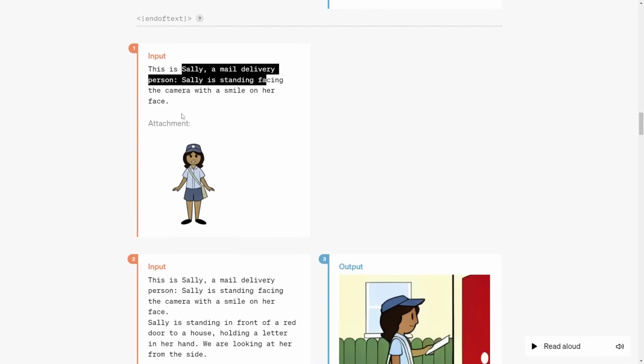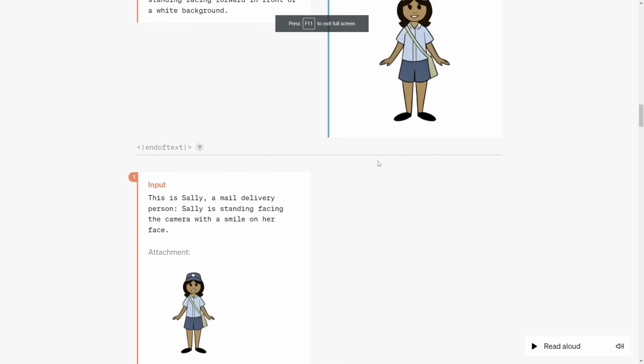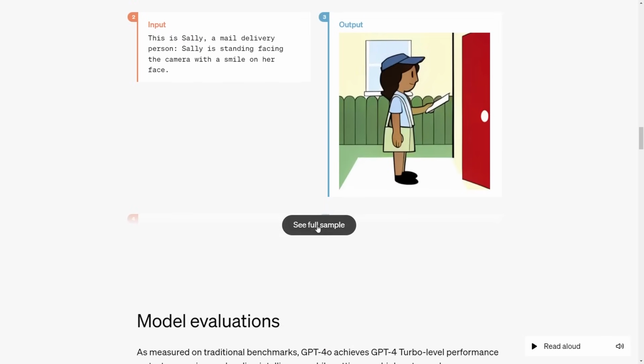Sally is standing facing the camera, and you can see the attachment that says this is Sally. She's in front of a red door holding a letter in her hand. We're looking at her from the side. So it's clear that what we have here is remarkable character consistency, because if you look at the